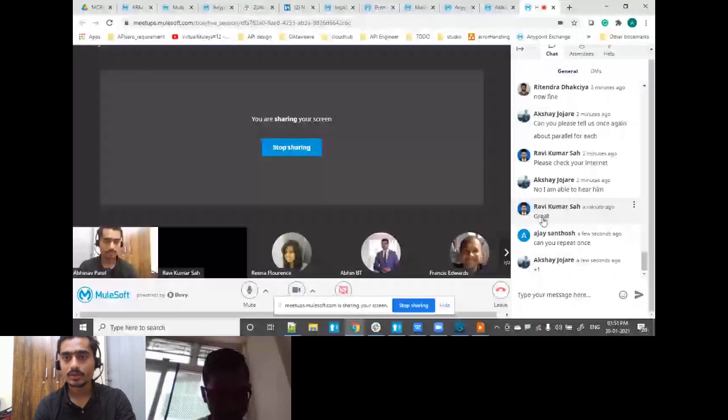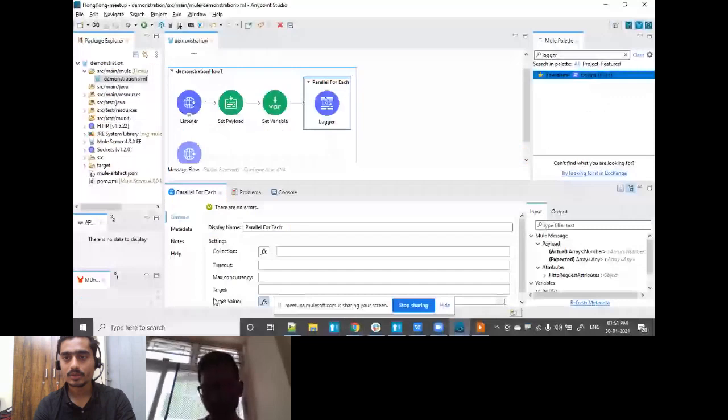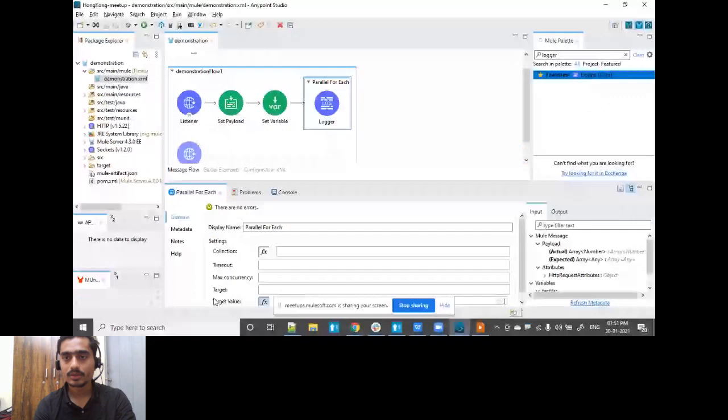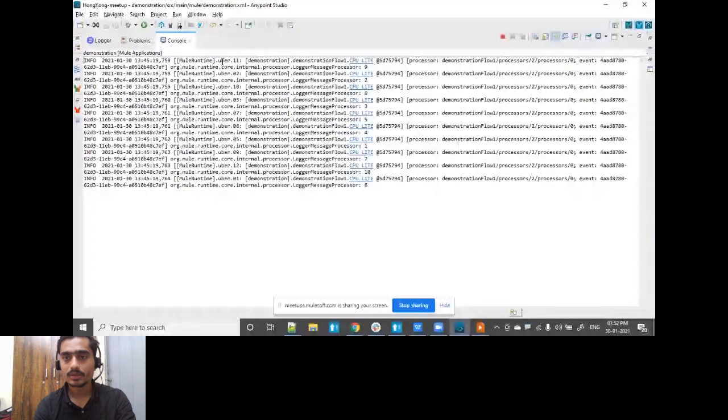So I'll just give a quick recap of what I have done. I have a parallel for each scope within my flow where I'm having a logger placed. There is no configuration that I have done. If I check the payload, I'm getting the entire payload in random order, and if we evaluate the threads being allocated, you can see Uber 11, Uber 2, Uber 10, Uber 3. Threads are getting allocated in a random fashion.